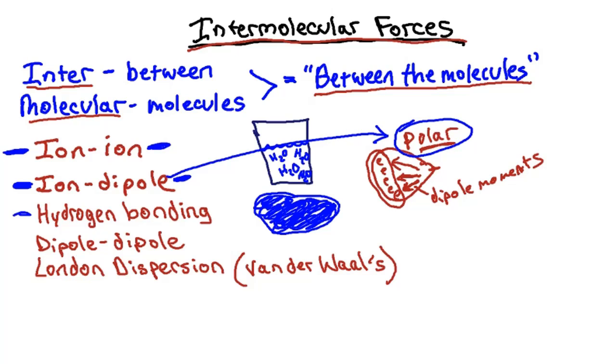We have hydrogen bonding, which is actually a form of a dipole molecule, but we'll get into that later. And then we have dipole-dipole interactions, where a dipole molecule interacts with another dipole molecule,